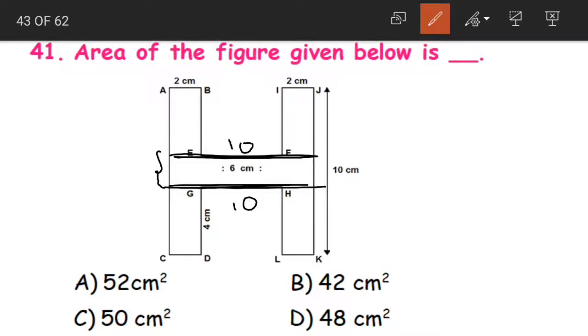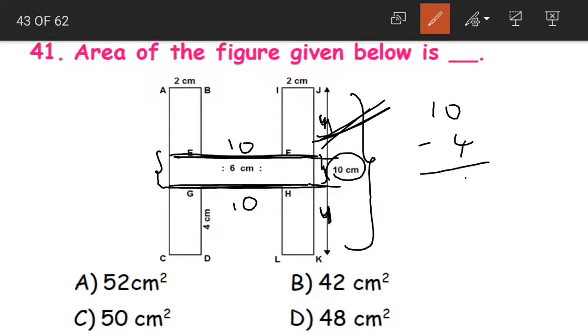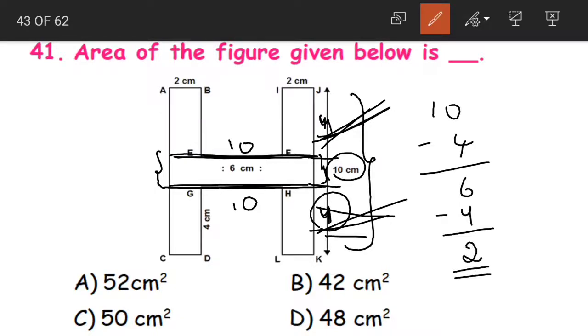Now what about this breadth? What is the length of the breadth here, children? See, the length of these sides were 4 and 4. Above and below, the length of the sides were 4 and 4 centimeters. Here the total length is 10 centimeters. From the 10 centimeters, we have already given away 4. So 10 minus 4 becomes 6. And again, another 4 is also gone here down. So when we remove that 4 as well, we are left with only 2 centimeters. So that 2 centimeters becomes the length of this side.